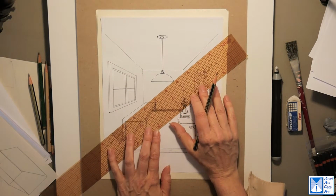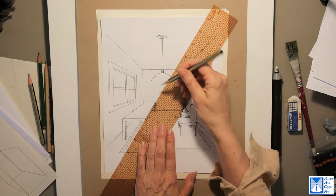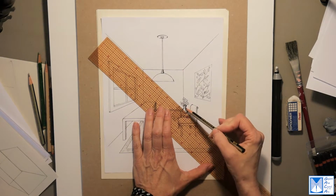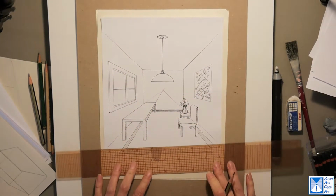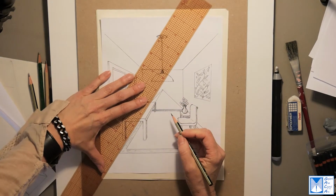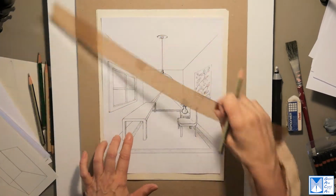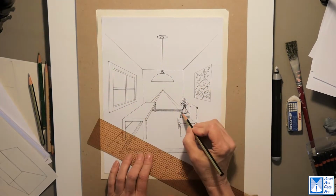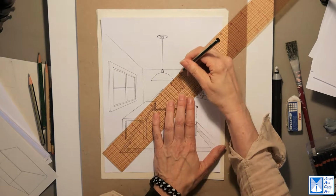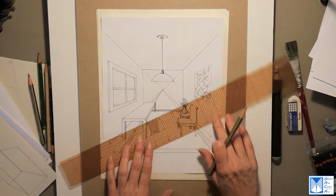So if you take all these lines and bring them back, they will all meet at one point. Okay, that includes the floor, the rug, and I hope you're doing this with me to help cement this into your brain. Even this little table, you can see the lines are kind of coming through there. Okay, the ceiling, the window, the painting,